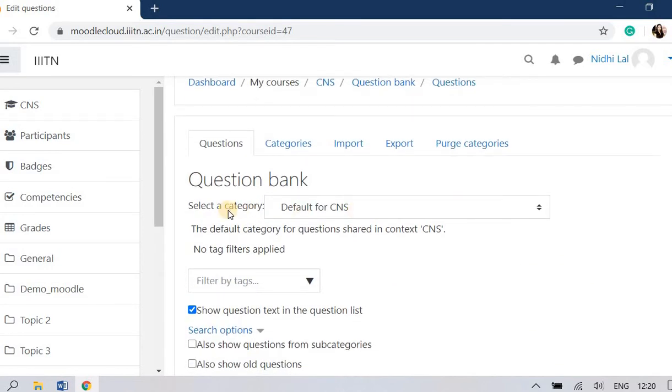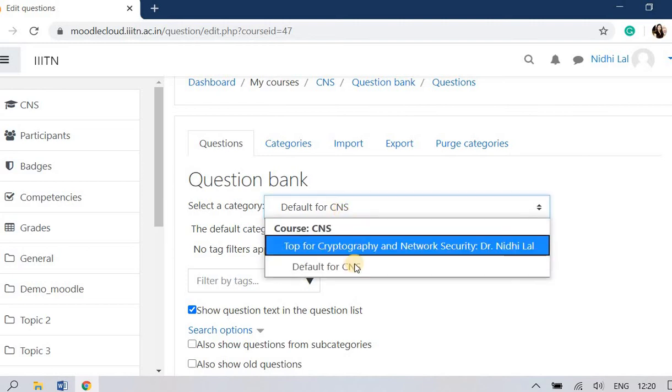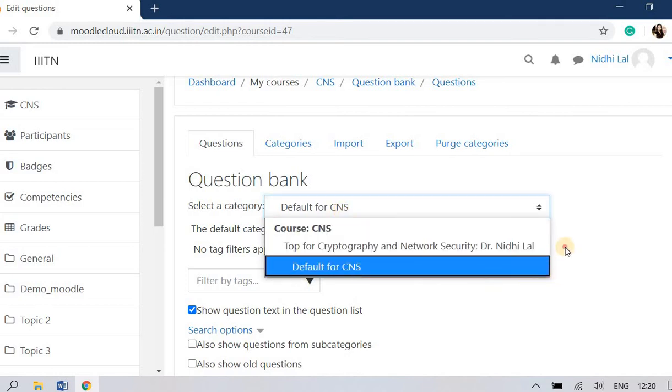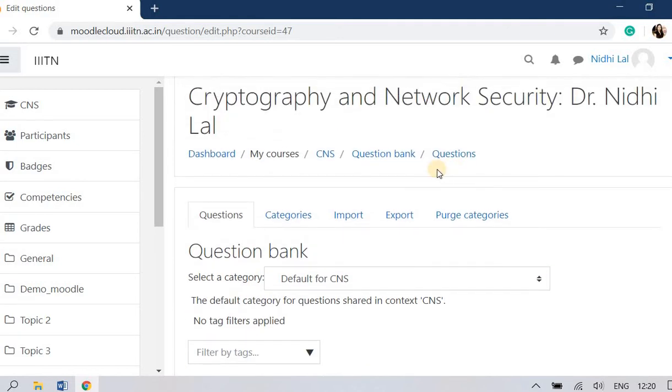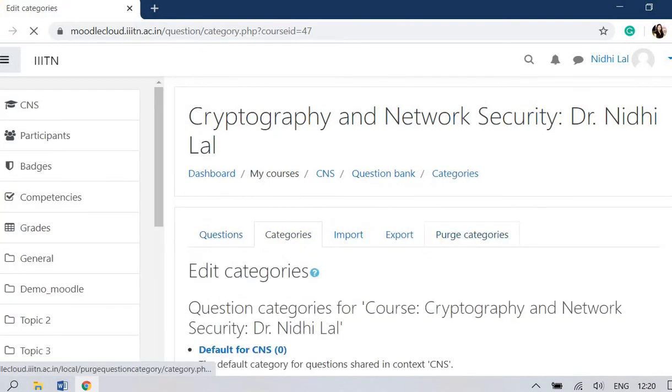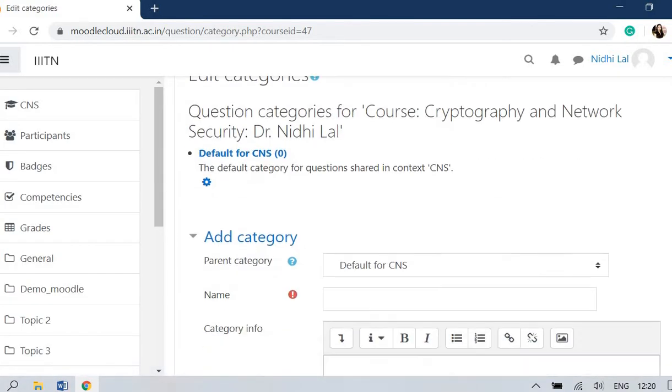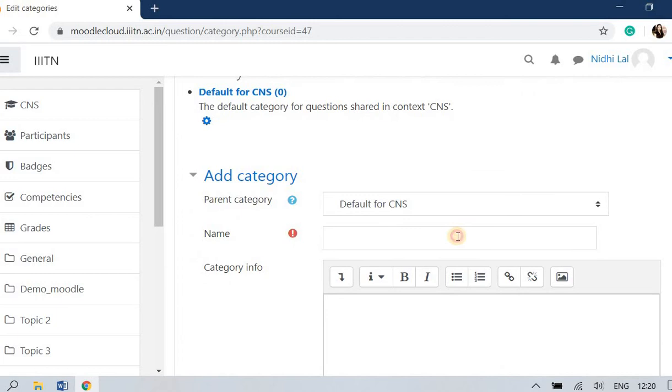You can see there is a select a category option, default for CNS, and nothing is showing in the scroll down because there are no categories created by me in the current scenario. So to add a category, I have to click the category tab. Here there is an option add category in which I have to mention the name, that is demo fresh 1.